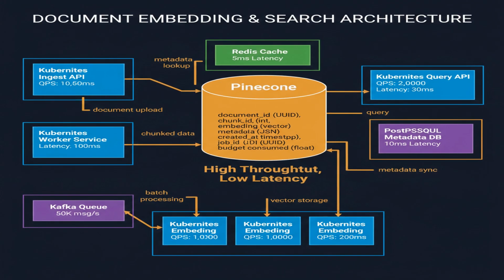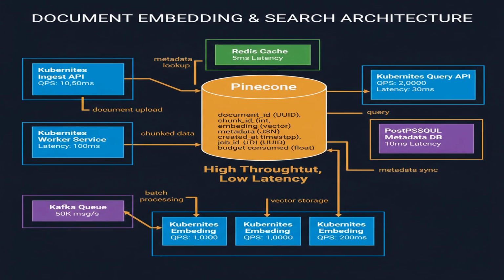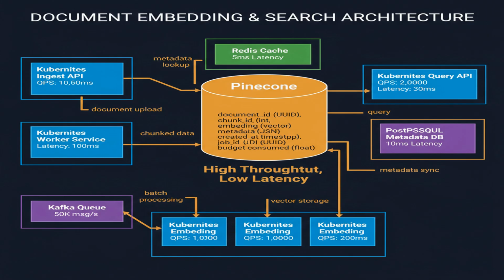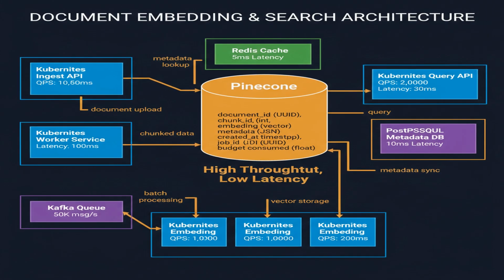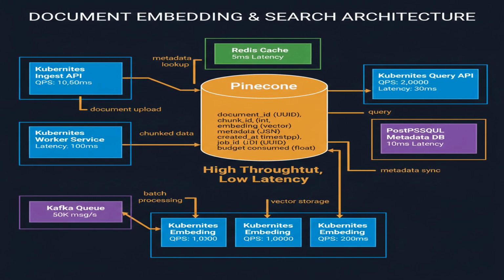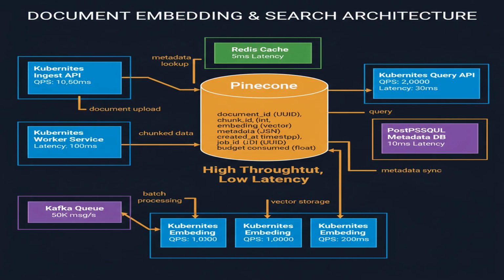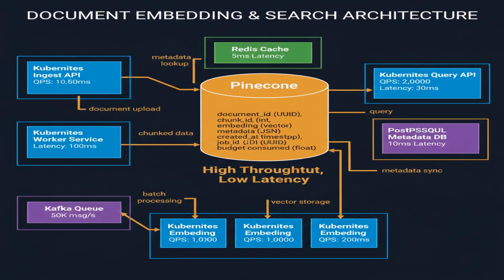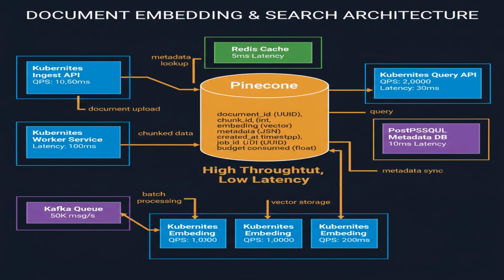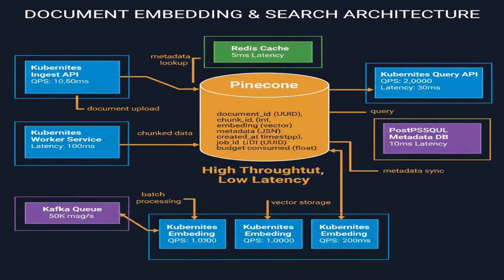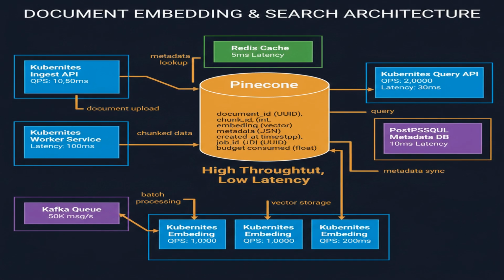Now let's discuss the data model for our vector database. We'll use Pinecone as our vector database because it offers high throughput and low latency similarity search, crucial for our 200 millisecond latency requirement. The schema includes document ID, UUID, chunk ID, integer, text, string, embedding, vector, metadata, JSON, created at, timestamp, job ID, UUID for data lineage, and